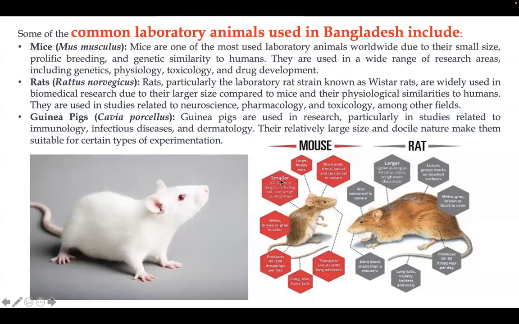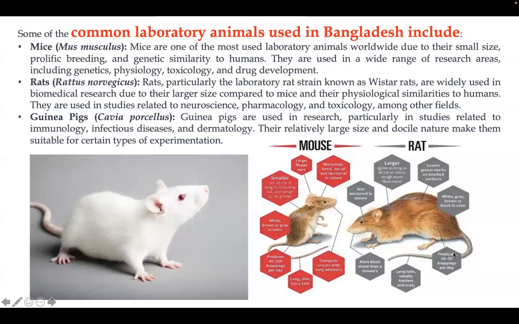Their body size is small, ranging from 12 to 20 centimeters, length including tail, that is, with the tail. 12 to 20 centimeters, and their weight is 12 to 30 grams per individual. They produce 40 to 100 droppings per day, which is 20